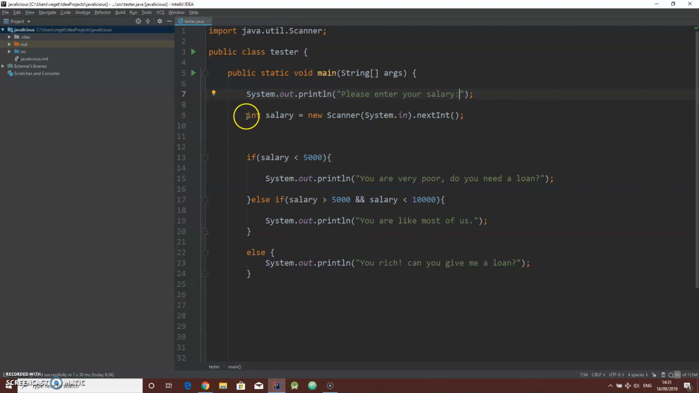The same way I could write int salary and then say new Scanner(System.in), and then I can say that salary equals s.nextInt. I can do three separate lines, or I can do it this way. So there's really no other benefit. The code won't work in a different way or in a better way, but